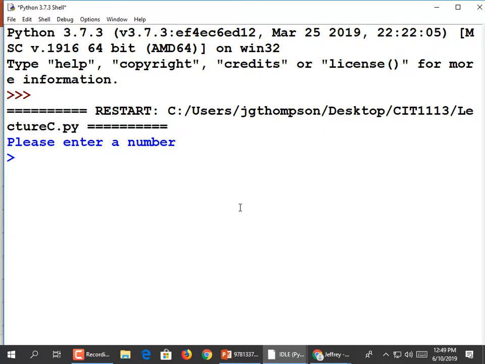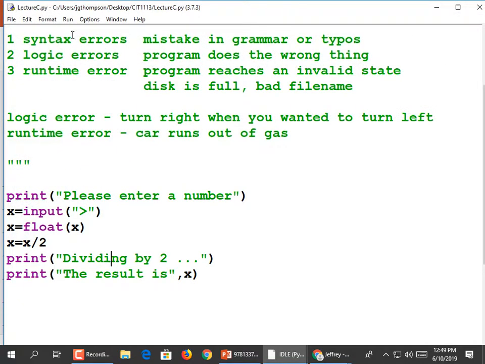Now it's a little bit better of a program. It explained what it did. Please enter a number, 90. Dividing by 2, the result is 45. So we have a working program. We could still crash it